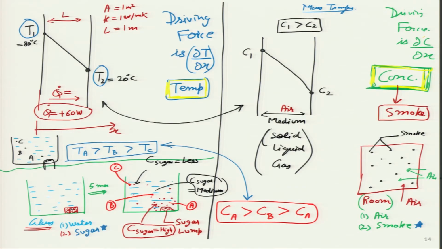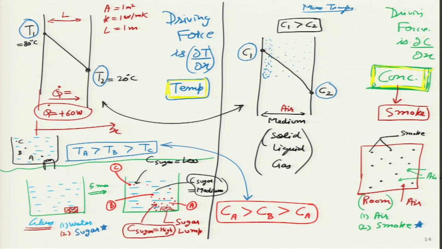Now, we have understood the concept behind it, and we are on this particular slide on the right hand side. Now, the claim I want to make is, if we have concentration C1 higher than concentration C2, let me also try and show it graphically. So, here I am putting a high concentration of the blue dot, and here a very low concentration of blue dot on the right side, and in between a medium concentration of blue dot.